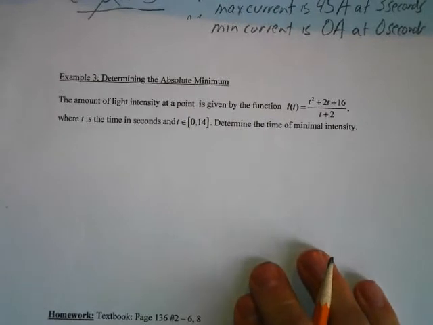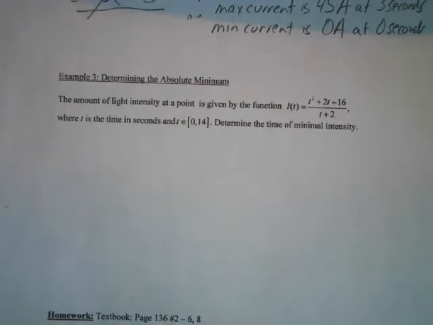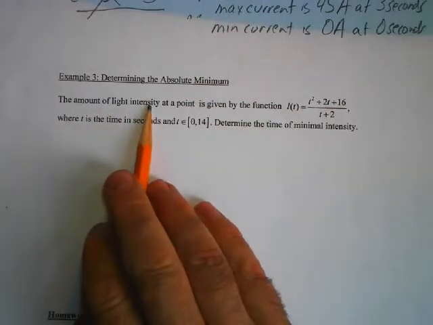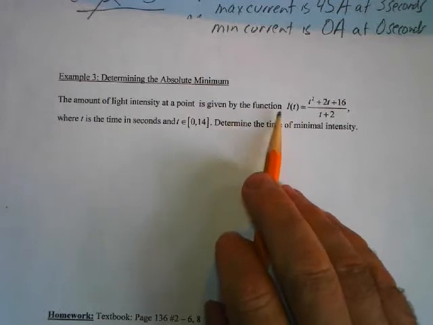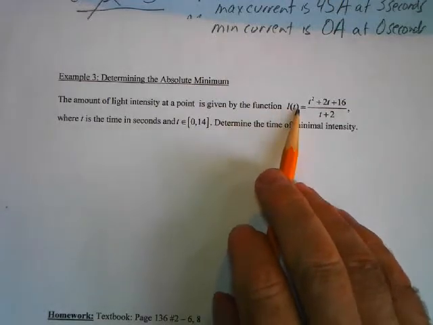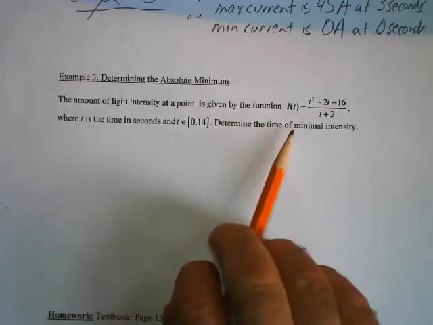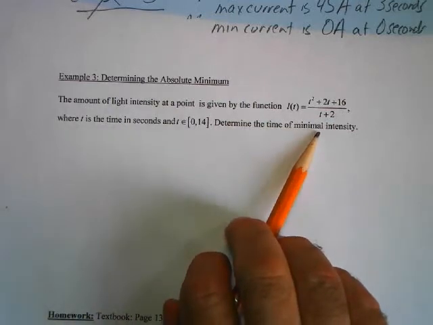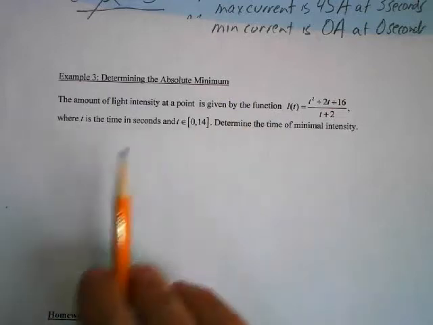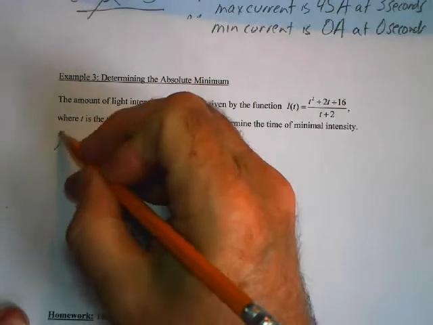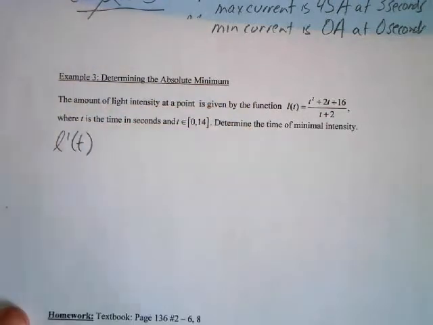This is a rational function, so the only thing that makes this more difficult is finding the derivative, I think. So this is the amount of light intensity. It's given by a function called L of t, so basically light intensity at a time t in seconds. And we want to know the minimum intensity when the light was at its lowest level between 0 and 14 seconds. So first thing we do the derivative of the light intensity,